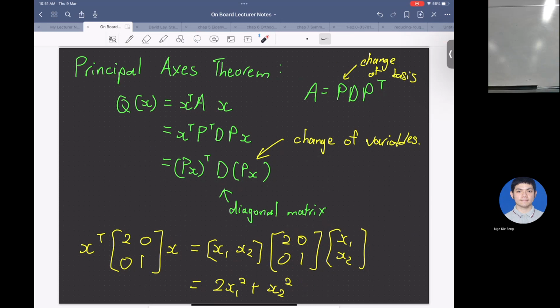If you want to look at the geometric interpretation of these things, you can think of it as you rotate the graph, rotate the ellipse. If you see the examples in the book, it's just rotating. Change of variable is rotating the graph. If you want to talk about geometry,